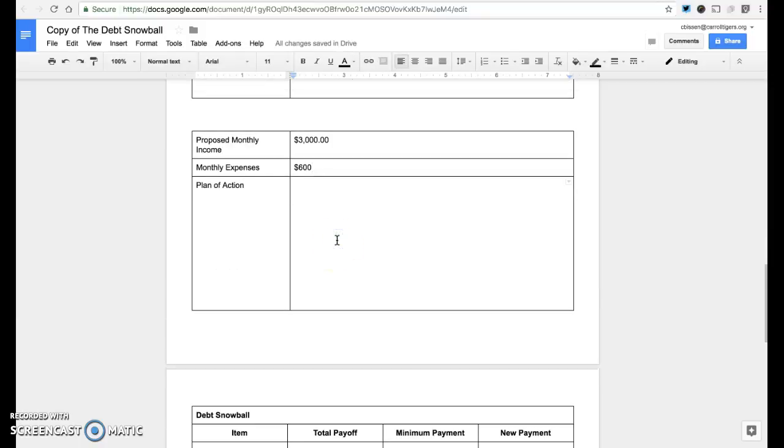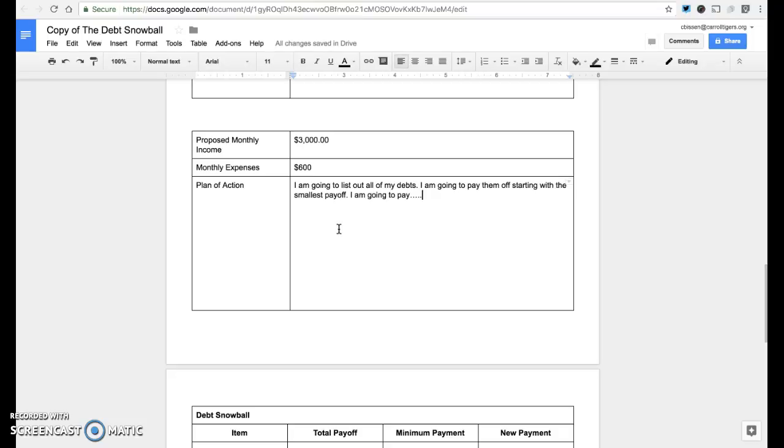Then what is my plan? So here's where I want you just to kind of explain the debt snowball. I am going to list out all of my debts. I am going to pay them off starting with the smallest payoff. I am going to pay the minimum payments of all of the other bills, but I'm going to have a garage sale. I'm going to do all these things that I've just shown you above to increase my income and decrease my expenses, and I'm going to try and pay off that first bill within 1 month,